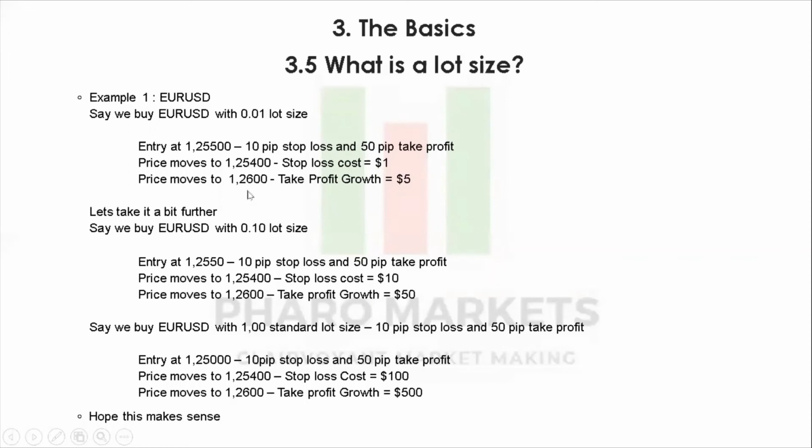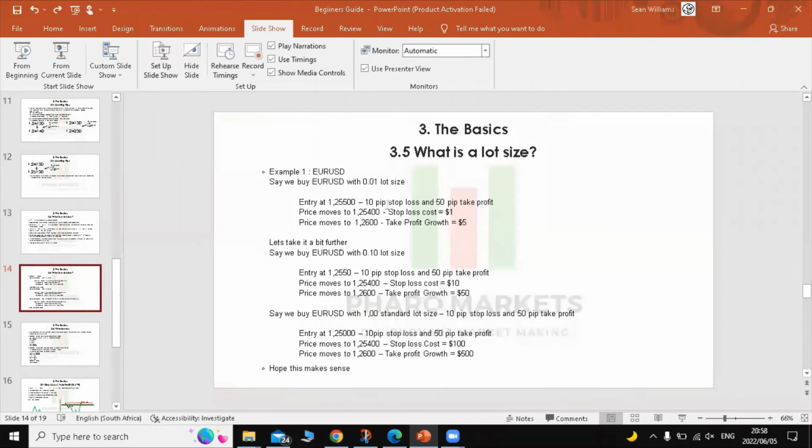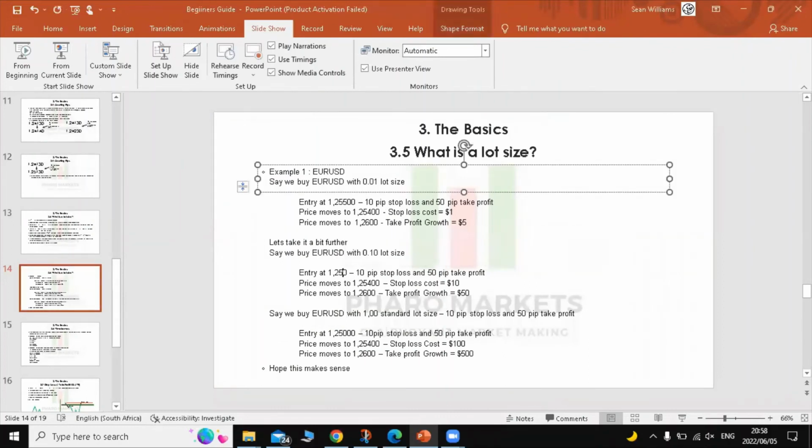Say we buy Euro USD with a 0.10 lot size, and the same example as above, same numbers and so forth. Just because your lot size is now 10 times bigger, obviously, if price moves like that, from 1 point, okay, this should be 1.2500. I should fix that, but just bear with me. If it moves from that amount to, wait, I made a few mistakes here. Let me just fix this real quick. Don't want to confuse you guys. Okay, so